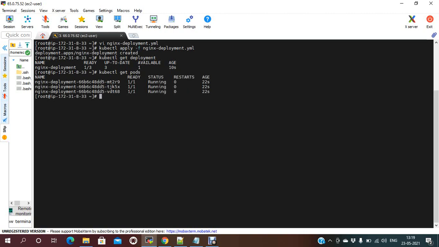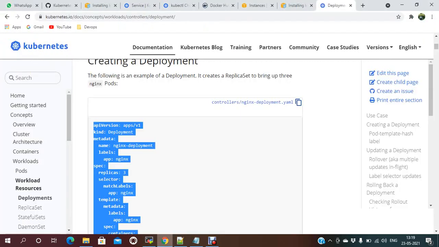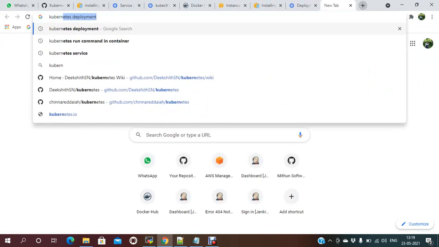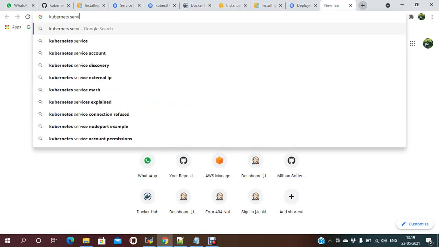Now, pods we can't access from an external source, so you need to create services. Pods can be accessed within the cluster only. If you want to access from outside the cluster, like from the browser, you need to create a service. Let me create a Kubernetes service.